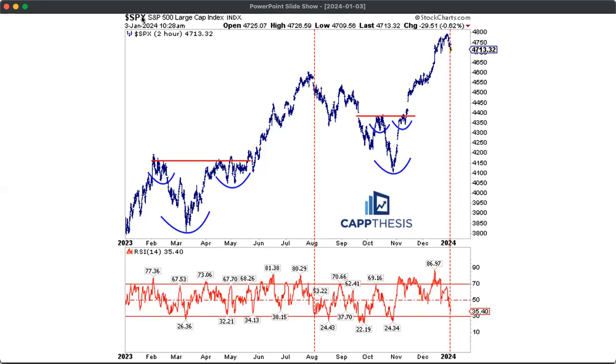This is a 2-hour chart of the S&P 500 with a 14-period RSI here. Now, remember that we first started talking about this after the first few days of the big rally to start this extension, where it was instantly overbought for the first time in a number of months. And we pointed to what happened back in the spring and summer, where the first overbought reading was right around where things broke out from the biggest pattern here. And that just led to a pretty substantial rally, of course, until the end of July, early August.